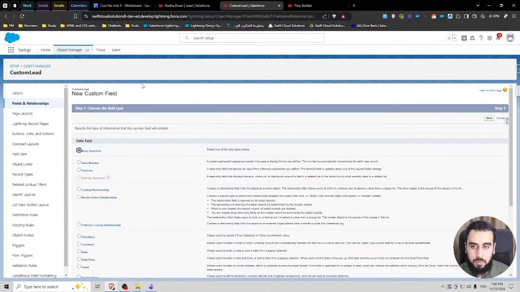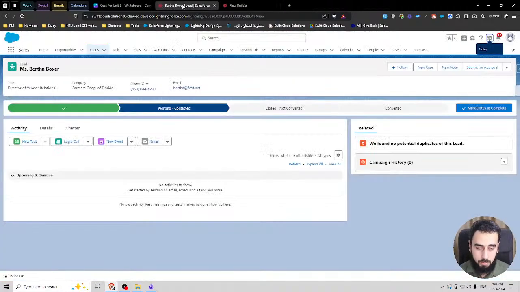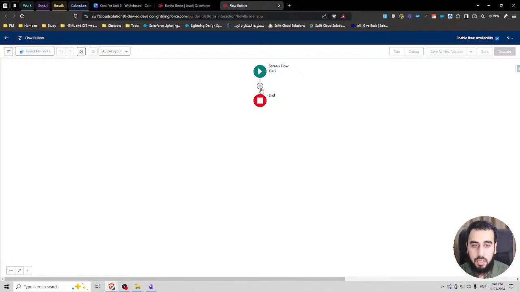Yeah, this is actually a good idea. We can do that on the lead object just to save the time of creating these custom fields. That's a good idea. I like that. Let's save some time. Let's actually do that on the lead object. If the organization has a custom lead, then it's basically the same steps that they're going to do on the custom object.